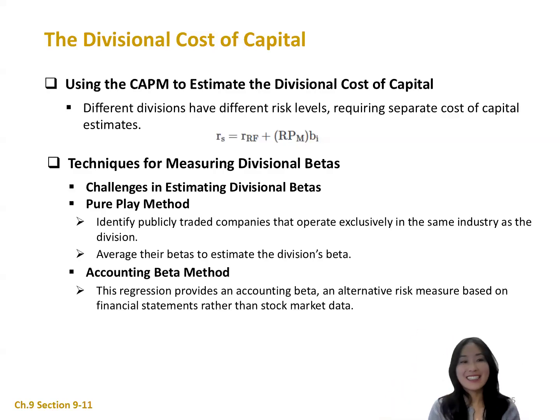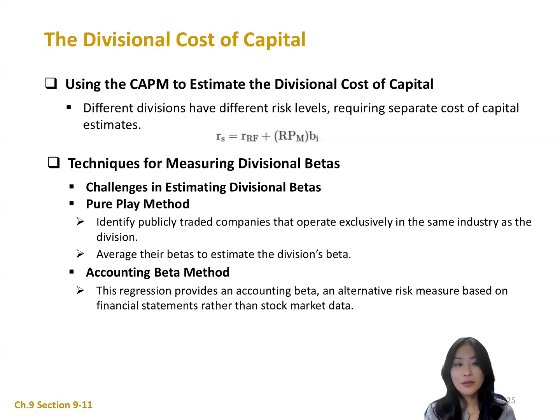Welcome back. In this session, we are discussing the divisional cost of capital. When firms evaluate investments, they often use their WACC as a discount rate. However, if a firm operates in multiple business divisions with different risk levels, using a single WACC can lead to incorrect decisions. In this part, we will explore why and how firms adjust cost of capital for different